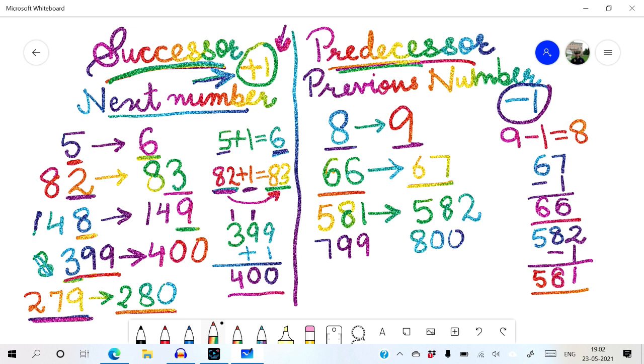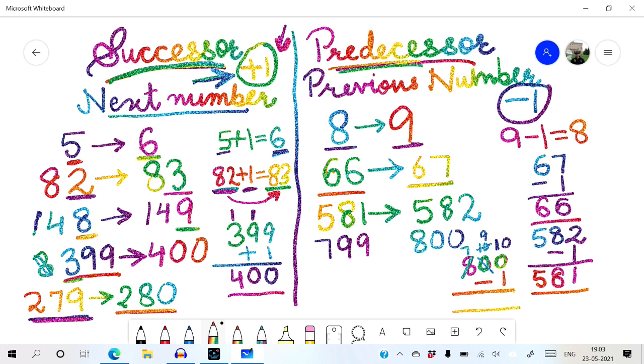Or if you get confused, then let us subtract 1 from 800. 800 minus 1. Now children, we had learned borrowing in class 2. This 0 will go to this 0. It has got nothing. It cannot give this 0 anything. So this 0 will go to 8 and borrow. 8 will give this 0. This becomes 7 and this 0 becomes 10. Now this 10 will give to this 0 and it will become 9 and this 0 will become 10.